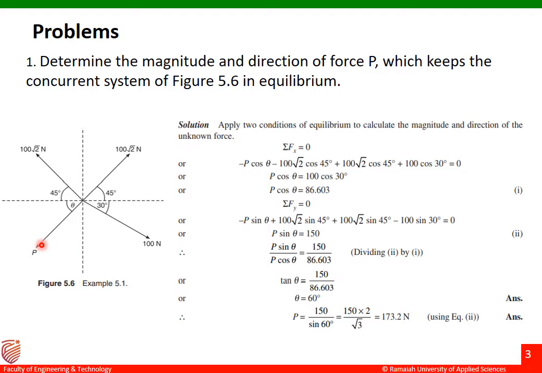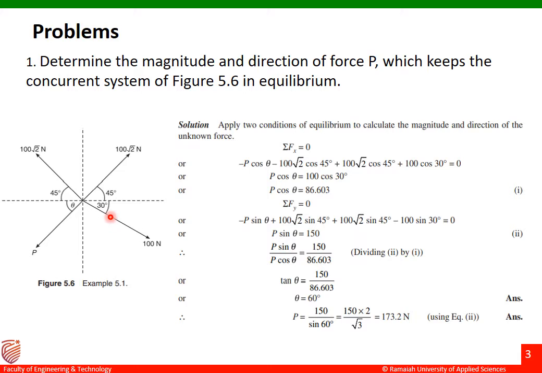So let us start with this force P. When we are finding the x component of all these forces, the first one would be minus P cos theta, and then minus 100 root 2 cos 45, plus 100 root 2 cos 45, plus 100